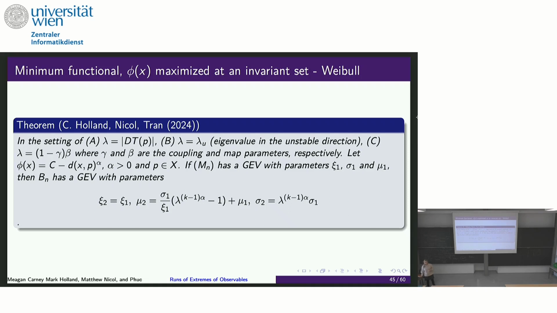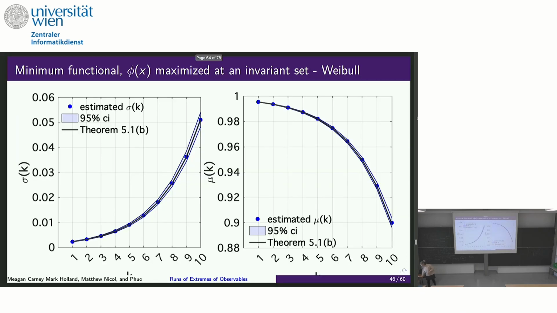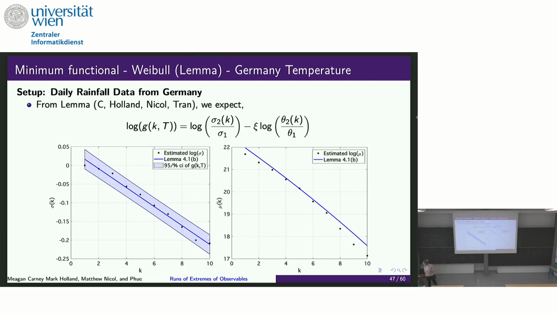Now, we know pretty well that temperature follows a Weibull distribution, and that's because Weibull has an upper bound, and thankfully, so does temperature on Earth. So, first, we check that our theorem works for our standard dynamical systems. So this, I didn't write here, is actually for the doubling map, that Weibull observable. This should not say rainfall, so it should say temperature. This is daily temperature data from Germany.